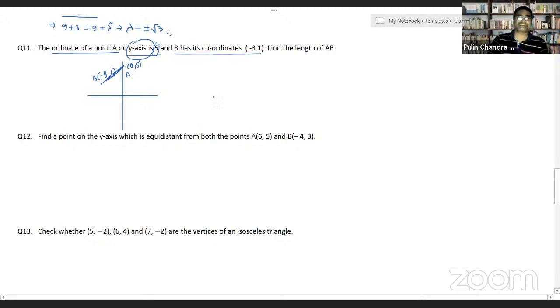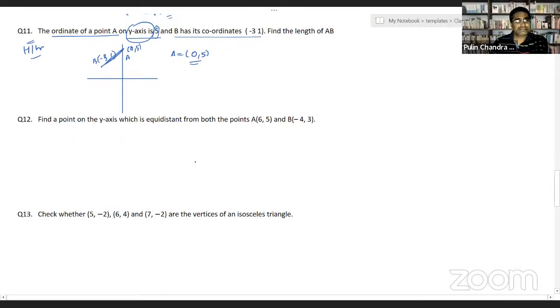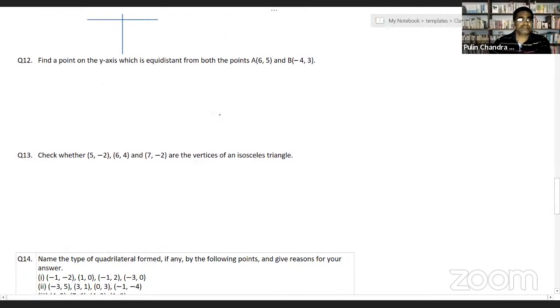It is simply the distance between A and B, where the point A is very clearly 0,5. So ये कर लेना भैया, इसको मुझे करके देने का जरूरत नहीं है. You all can do it, I'm very sure. उतना तो अभी समझ आ ही गया है. ओके, क्वेश्चन नंबर 12 में क्या दिया है देखो,